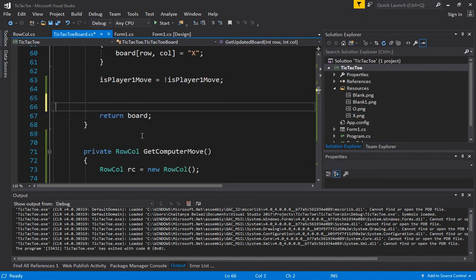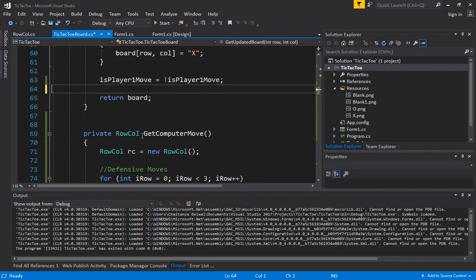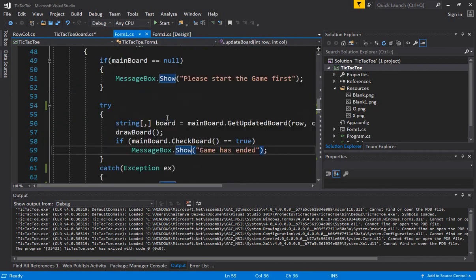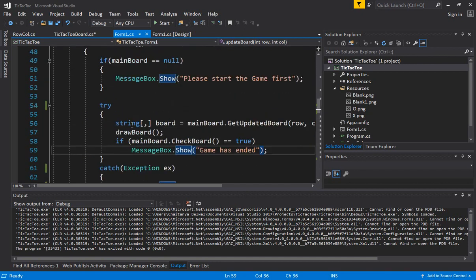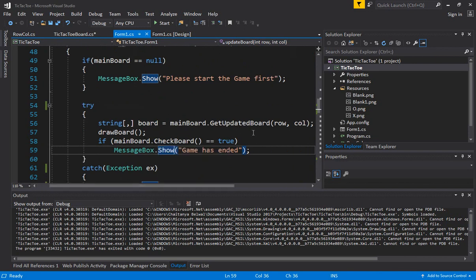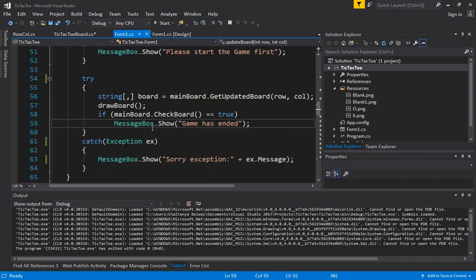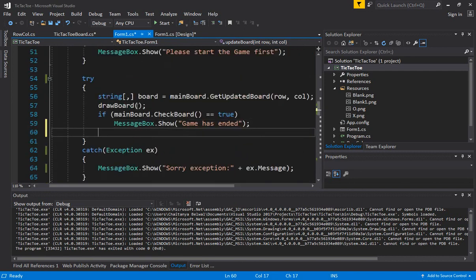Let's not make the computer move automatically from within the class, but let's have the main form make the computer move. So obviously when we are coming here on the update board, let's see where. So picture one dot click, as soon as the user clicks on the board, we call this function called update board, and then we get the updated board state, and then we use that board state to update. Now you are only going to come here on the update board function if the user clicks, right? So now you draw the board after the user moves. Now you can say now play computer's move,